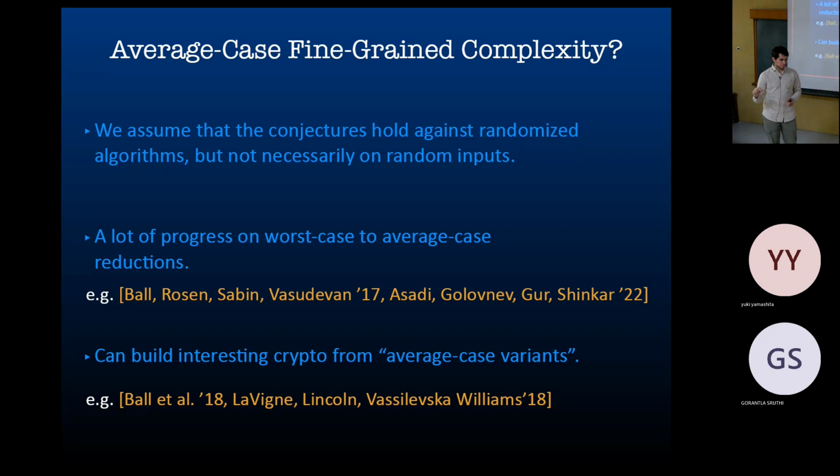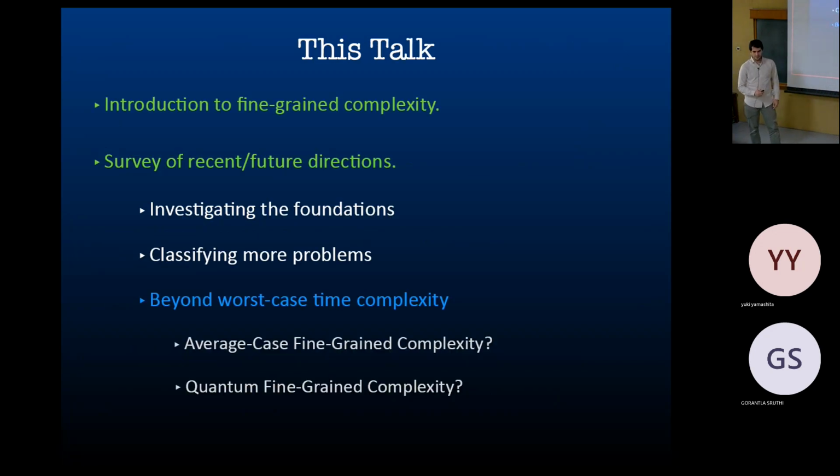Or because even if P equals NP, you would still like to have some hardness like n squared and so on. So there are some motivations for this. And for that, you would really need average case. You cannot build crypto without the ability to sample a hard instance and so on. And so there is an interesting paper showing some public key encryption, some crypto, if you assume that these triangle problems are hard under some uniform distribution.